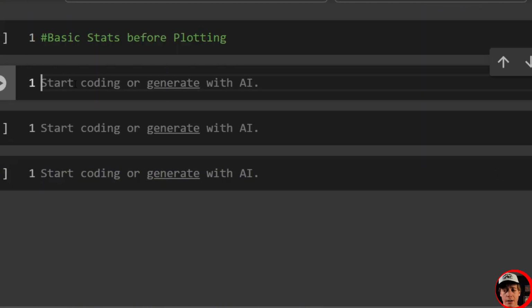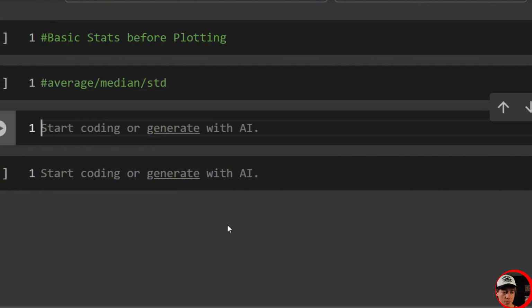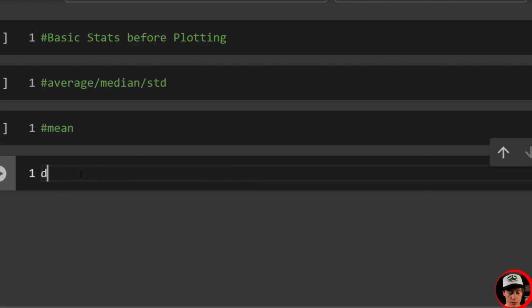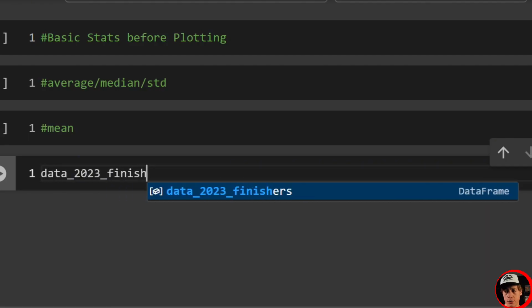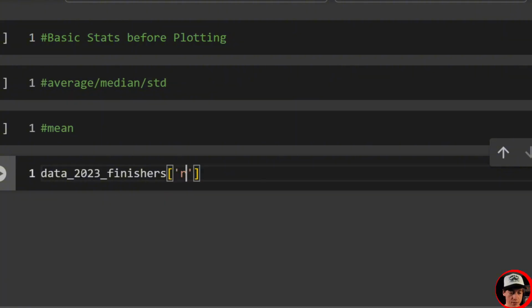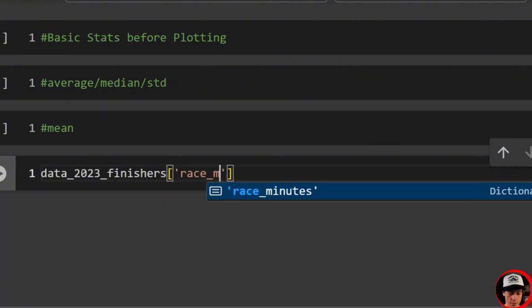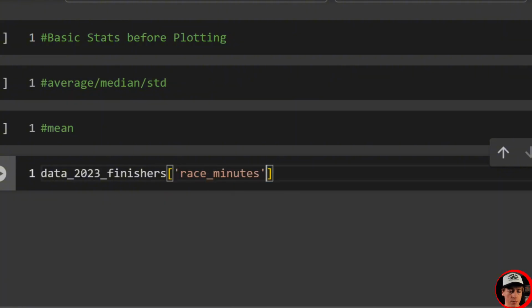So let's start off finding our average, median, and standard deviation. So we'll say average, median, and STD, and let's get started. And we'll start off with the mean, and this is pretty easy. So we'll say data 2023 finishers, we'll go race minutes, and we'll just grab the mean. So mean, and you'll see in 2023,